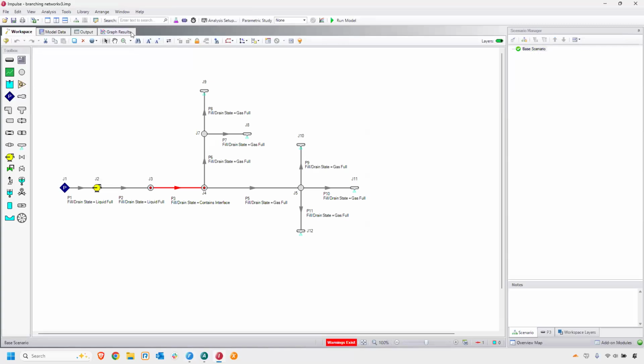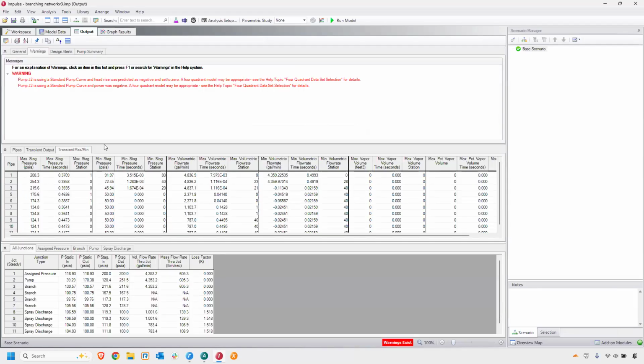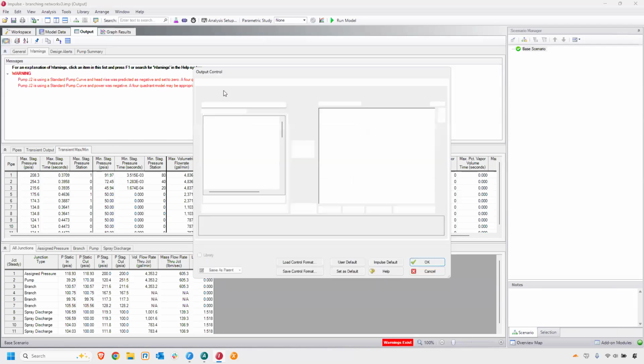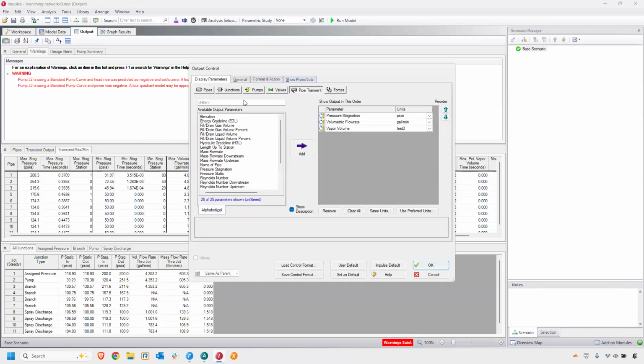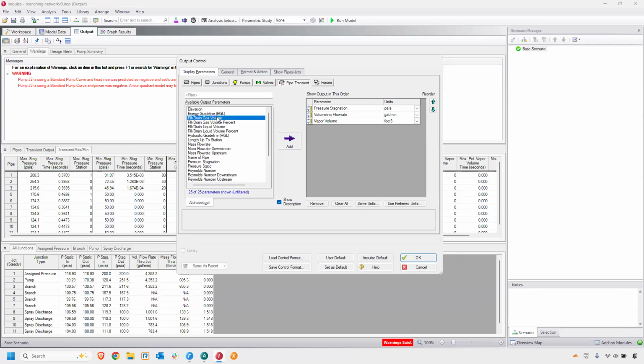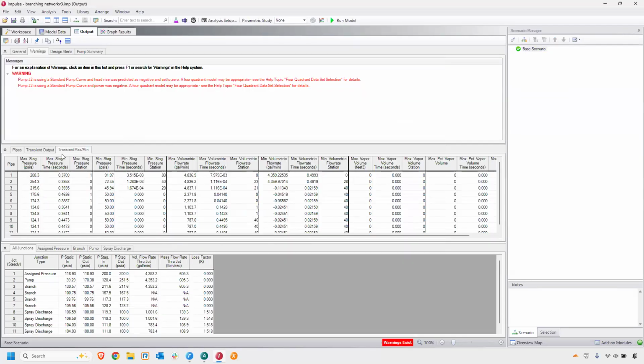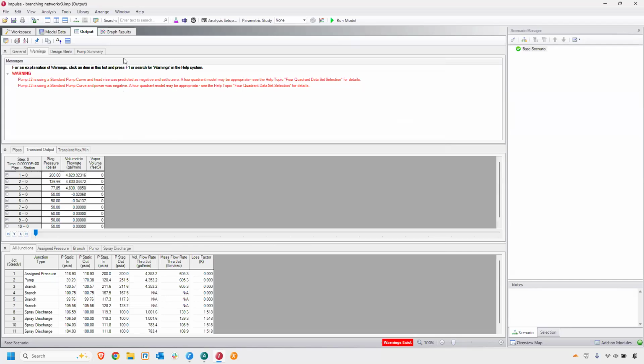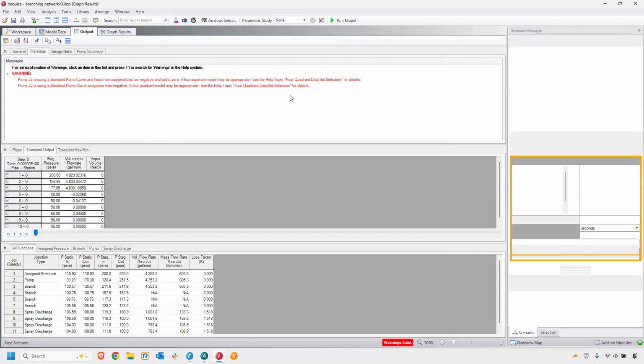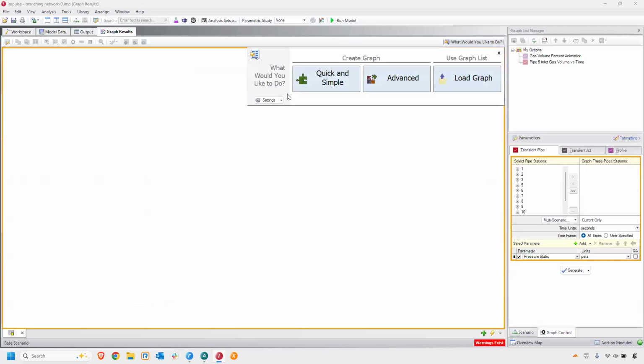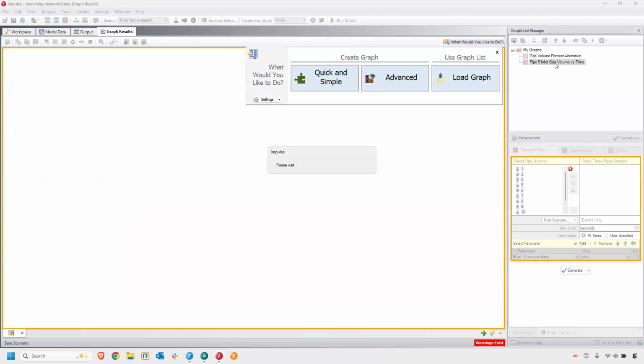Now, I've already run this model, but what's important is how we can visualize this information as the pipes are filling and draining. One way to do this is through the output. We've added new parameters into the pipe transient section, specifically for the gas volume, or gas volume as a percent, and liquid volume as a percent. However, tabbing through tons of data is not the easiest way to do this. What we can do instead is create graphs and animations. What I can show here first